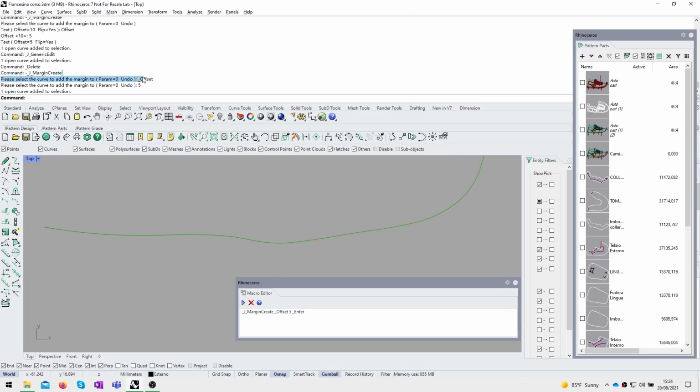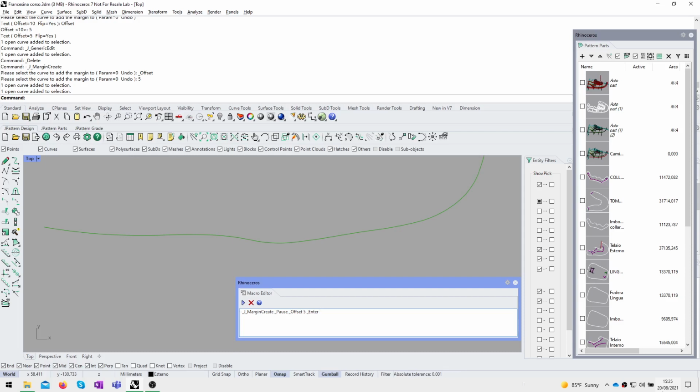But this is useful to show, of course, it was a mistake, but it's useful to show that something happened here, but it didn't generate my thing. That's because when the command asks me to select the curve, I input offset. And in order to avoid this, I need to pause. So we'll type pause here with a space. And the pause instruction is very useful because it lets you wait for an input by